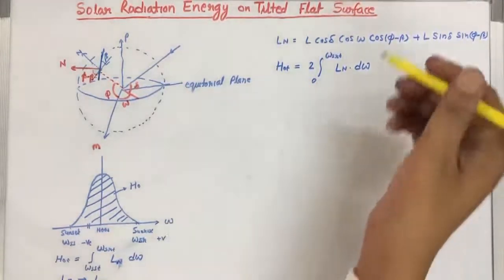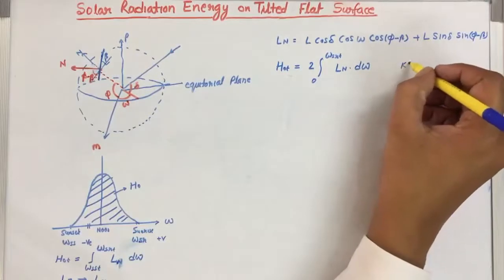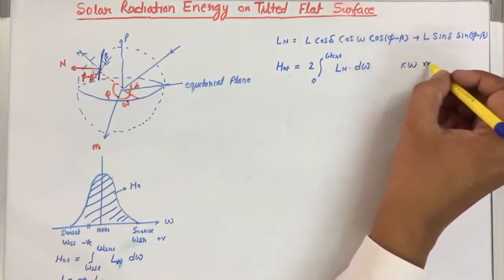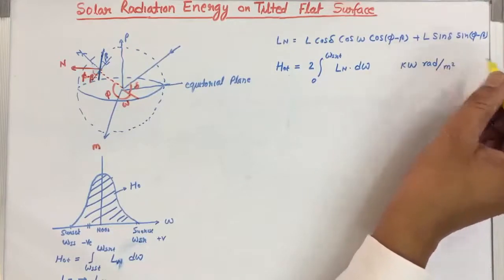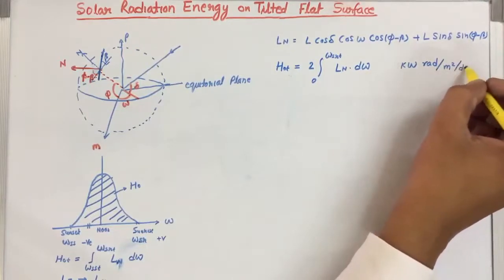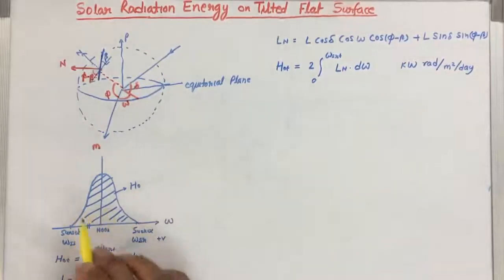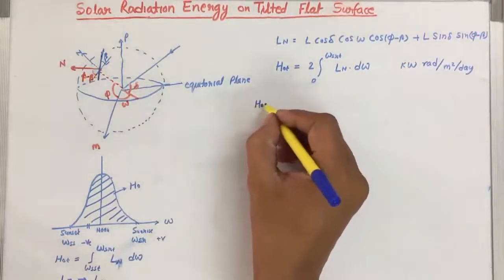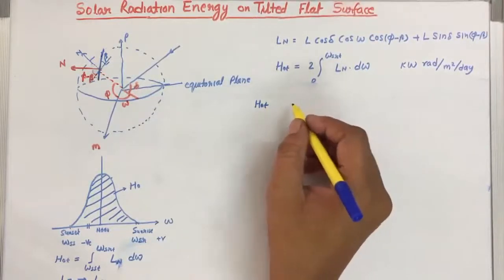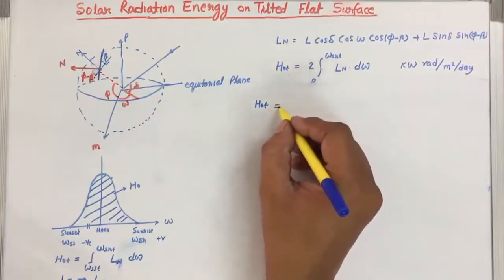Again we will find it in kilowatt radian per unit area per day, because this is the graph for 1 day, and from here we can write the radiation energy on the tilted surface as